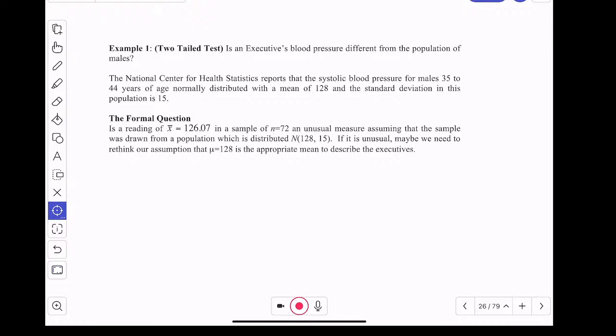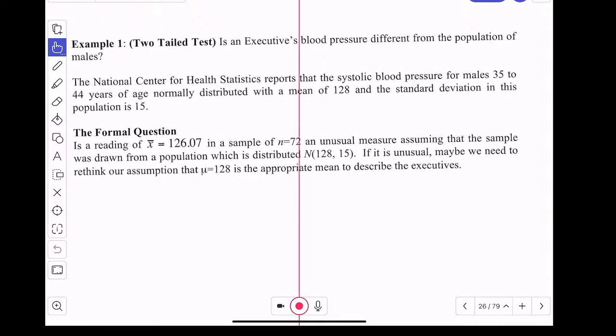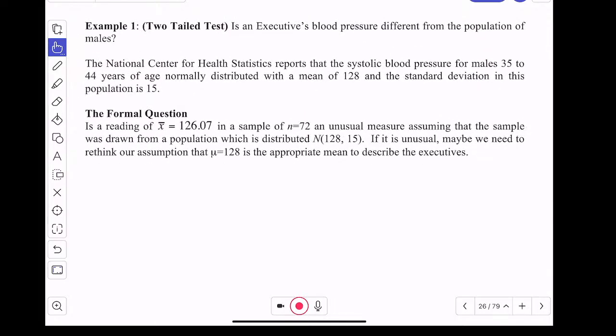Is an executive's blood pressure different from the population of males? That's my research question. The National Center for Health Statistics reports that the systolic blood pressure for males 35 to